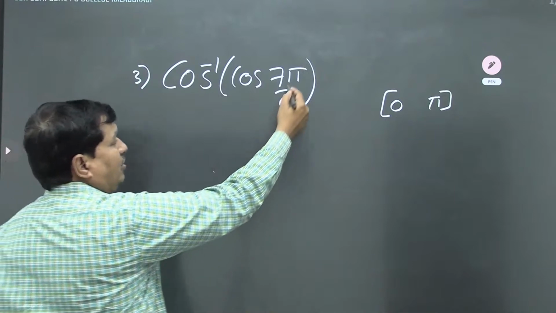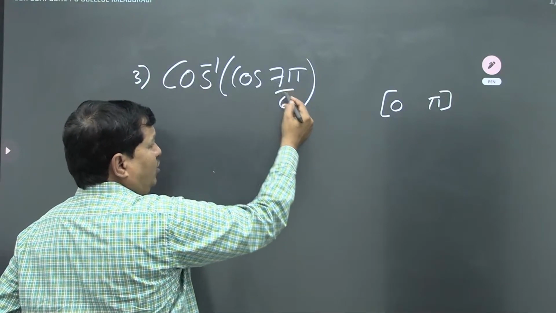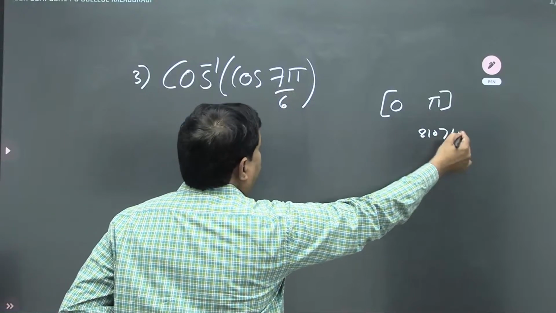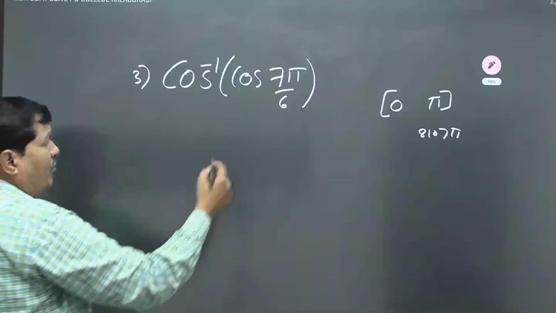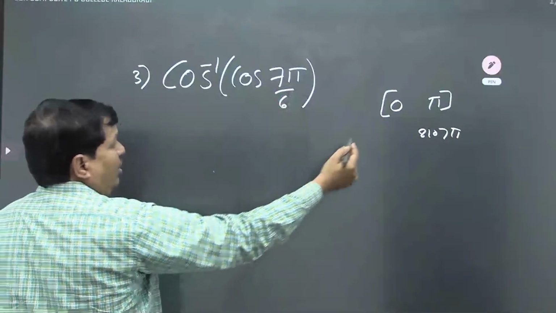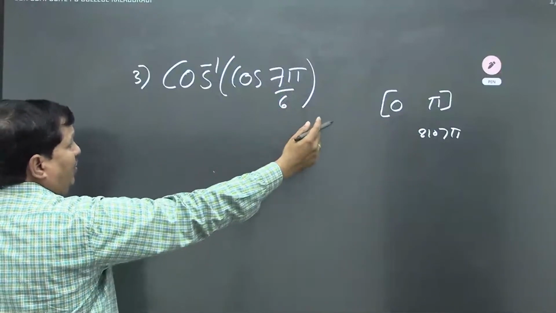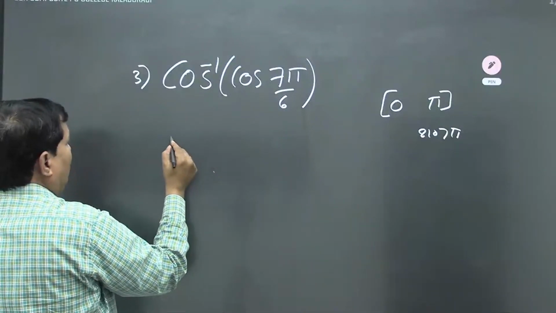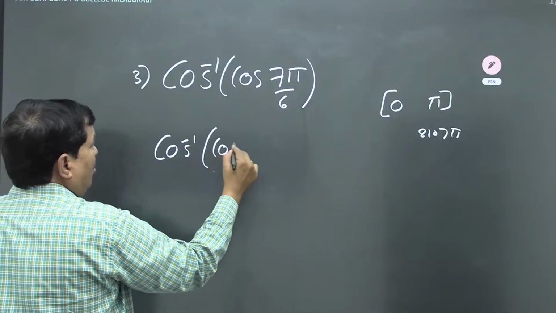7 pi by 6. Pi by 6 means 30, so 7 times 30 is 210. 210 is more than pi, which means you cannot directly write 7 pi by 6. Again we have to convert this into the interval 0 to pi, because only if its value lies between 0 to pi can you write theta here. Therefore, here also, cos inverse of cos of